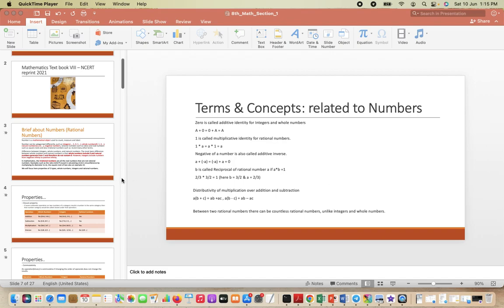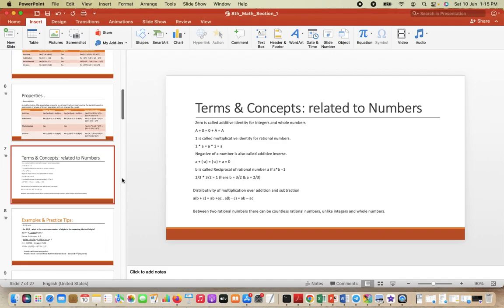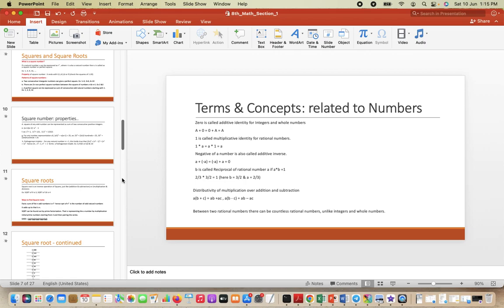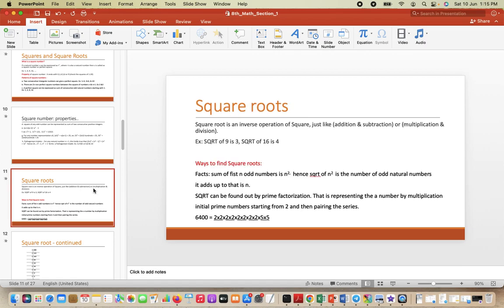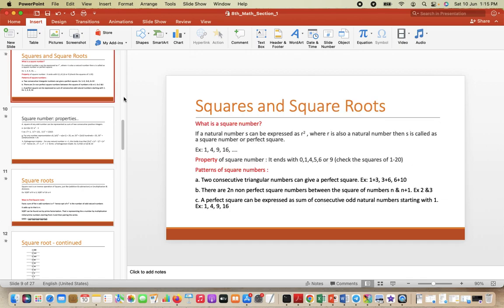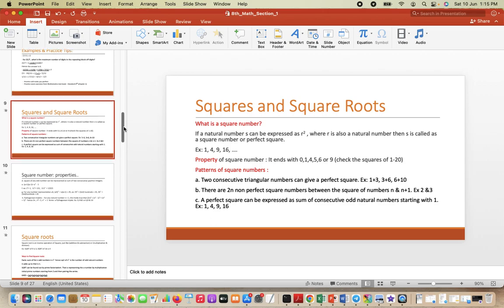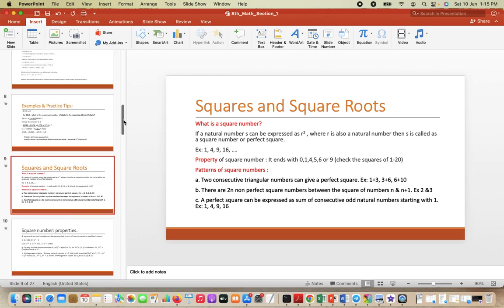Right, let's move on to the second section. I mean, chapter 2 in part 1. Here we will focus on squares and square roots. Okay, but before we move on to this chapter or deep dive on it, let's just